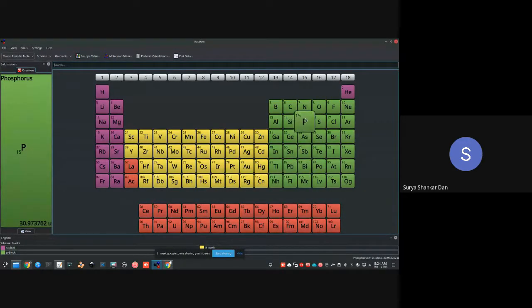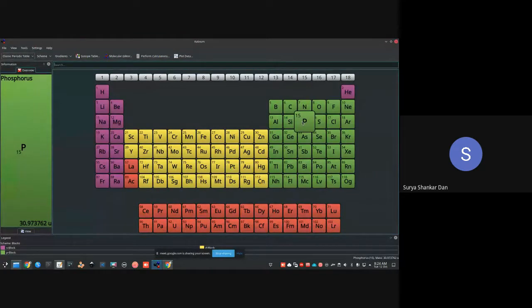Why do we preferably use phosphorus? Why do we preferably use boron? Here lies the answer. Number 1 is solid solubility. Solid solubility implies that the size of these group 3 elements as well as the group 5 elements should be such that they are able to penetrate deeper into the silicon material. That is from a fabrication perspective. So that is a practical benefit of choosing these particular materials, which have better solid solubility in silicon.